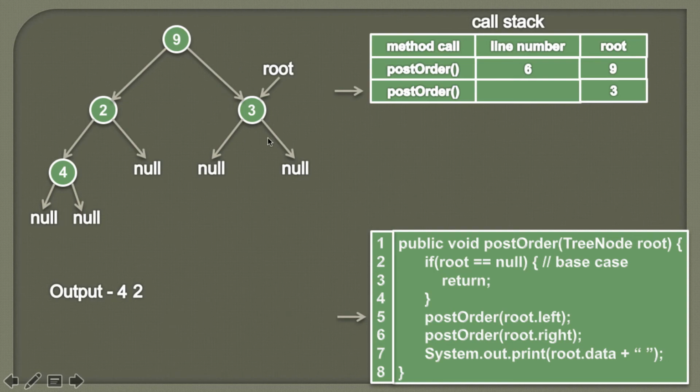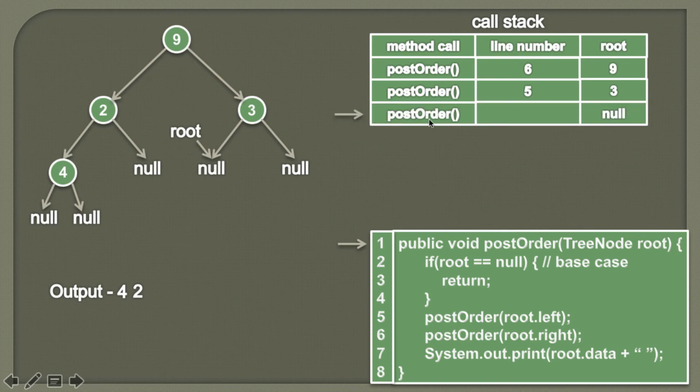So here, before processing of node 3, we know that we have to first process its left subtree, and then we have to process its right subtree. So in order to process its left subtree, we are calling this post order method again with root's left, which is nothing but the null value. So friends, we are leaving this post order method at line number 5. So we will update the line number here. And then point of execution will call this post order method again with root as null. So now root will point to null. And we also know that there will be one more method on the call stack with a root as null.